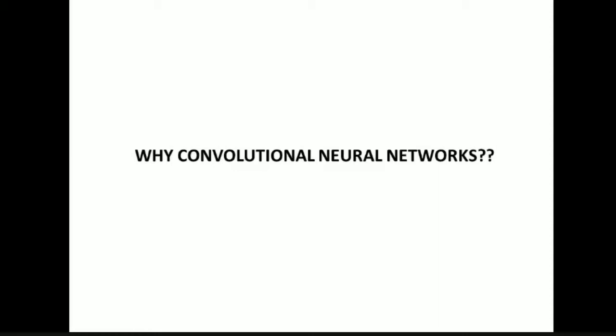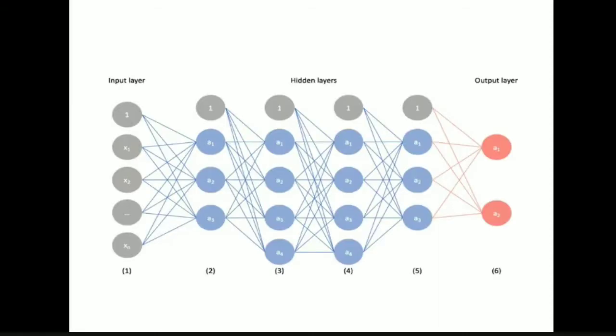Let us first move to this slide. What is this diagram? Which type of neural network is this one? With multiple hidden layers, and we have an input layer and an output layer. What is this complete network called? Multi-layer perceptron, and it is also called a feed forward neural network. This is what we have discussed in our previous unit.